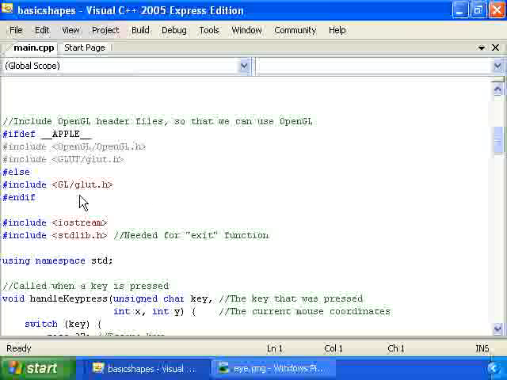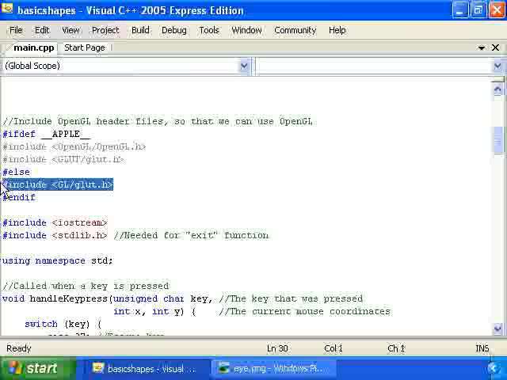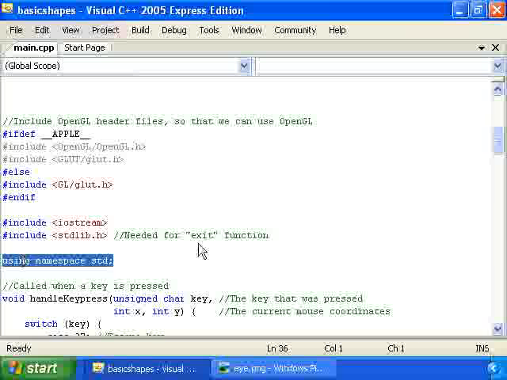And the first thing we do in this project is, if we're on Mac, we include these two OpenGL header files, and otherwise we include this one. Then we have this line here that says using namespace std, which makes it so that we don't have to keep typing std:: everywhere. For instance,